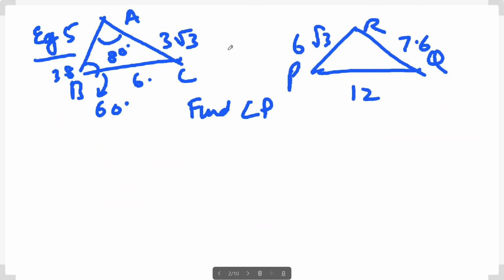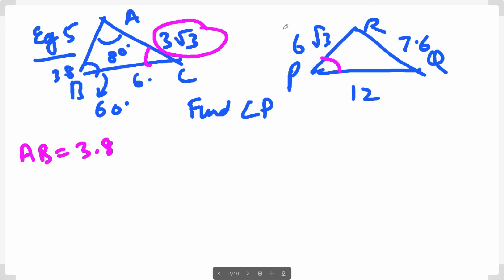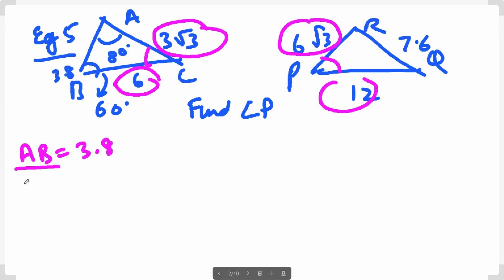Let's move on to next example. यहाँ पे this is 6 actually, dot कुछ नहीं है. इसका एंगल 60 डिग्री है, ये 80. हमको ये एंगल पता नहीं है, हमको P पता करना है. So सबसे पहले हम इनकी साइड्स को देखते हैं, right? So look at side AB. It is 3.8, right? Easily हमको देख के पता चल रहा है कि ये इसके साथ कुछ proportion बैठता होगा, ये इसके साथ, because these are not very nice proportions, right? So AB divided by RQ is 1/2.